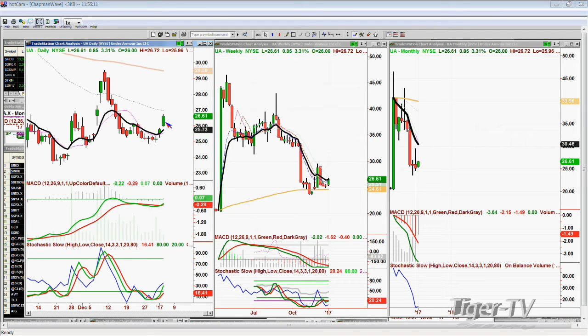So small position, stop underneath today's low. If it manages to push 20 cents higher, raise that stop accordingly 20 cents, and just get a feel for what it's doing. That's Under Armour, UA, trading at 26.63, up 87 cents. Next question was